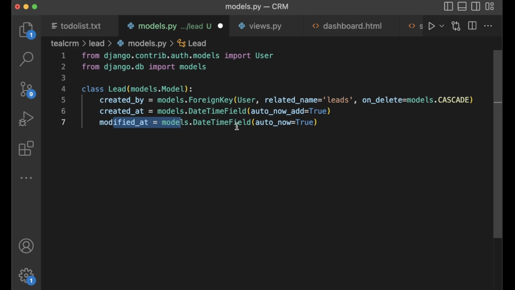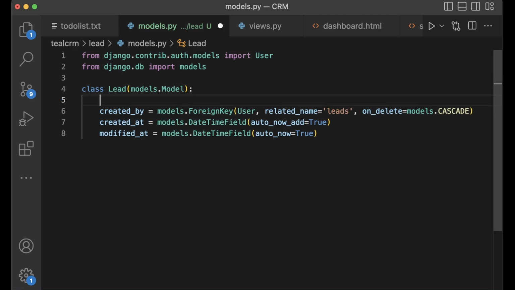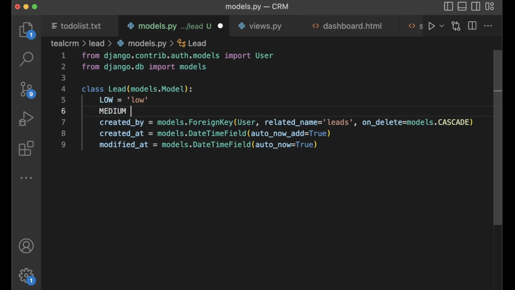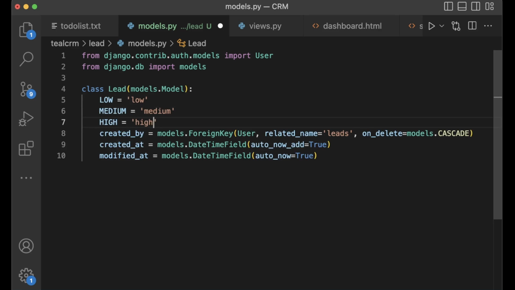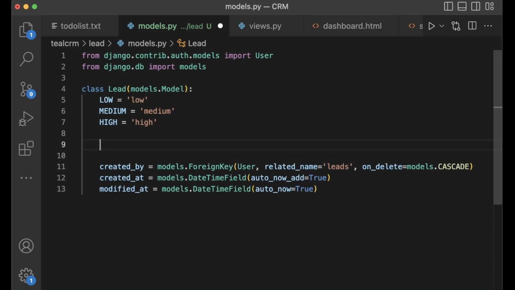So now that we have this, we need a few more fields. I want to know what priority this lead has. So is it low, medium, and high. And to be able to choose from these, we need a tuple or a list.